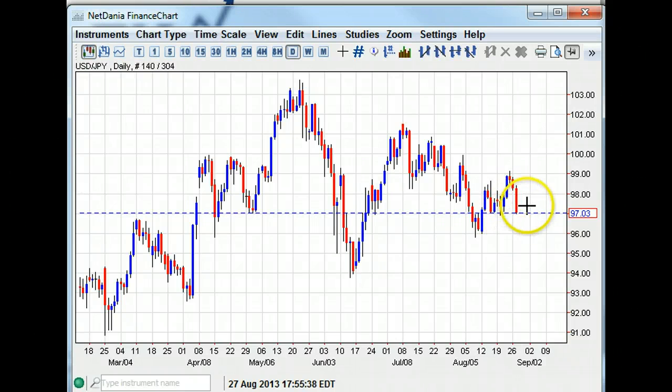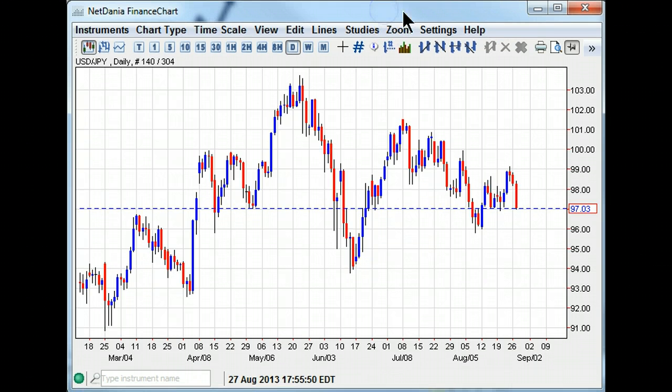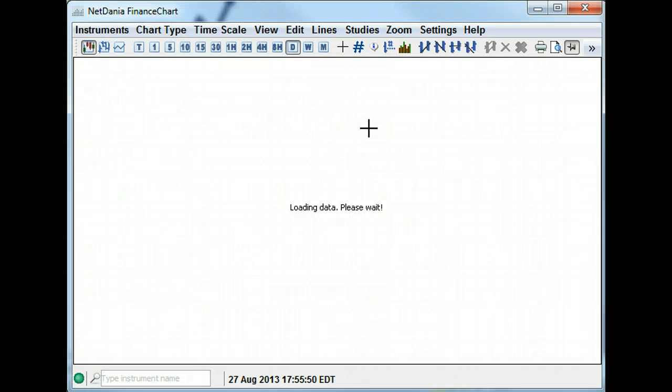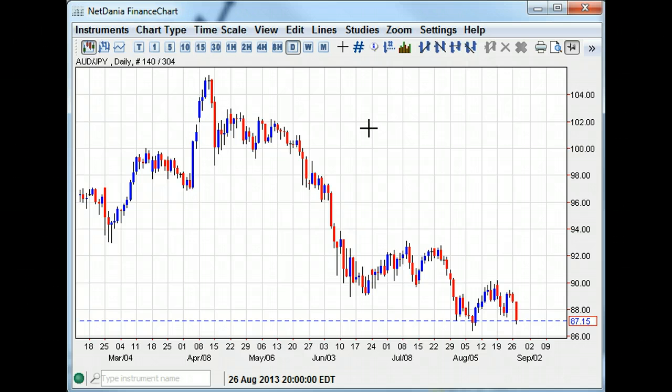And today, of course, with risk aversion very much in the air, the yen is the central story as we start Japanese trade, as we start Asian session trade in about an hour or so. Looking at the yen, though, what's interesting is that it's not just the yen, but the yen crosses themselves that are now really coming into some key support levels. So obviously Aussie yen at 86, and then